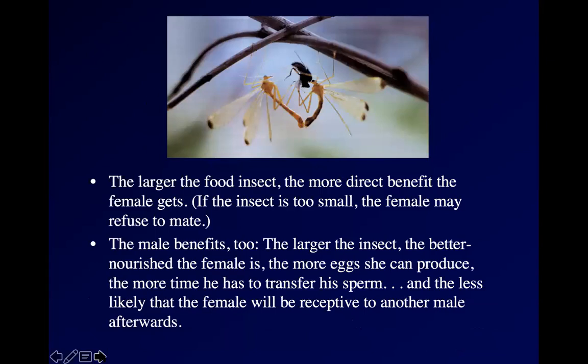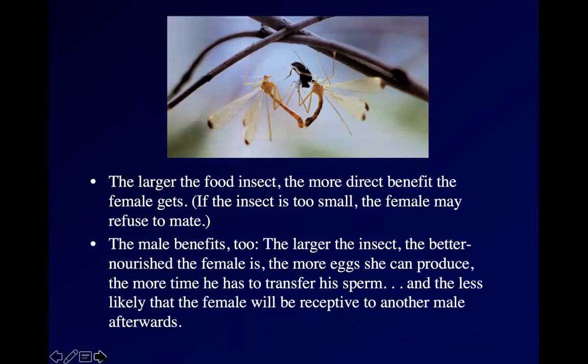So the longer the male can keep the female copulating, the more offspring he can have because the more sperm he can transfer. The longer the female eats, the better nourished the female is, and the more eggs that she can produce, and also the less likely that she's still going to be hungry for another male afterwards.